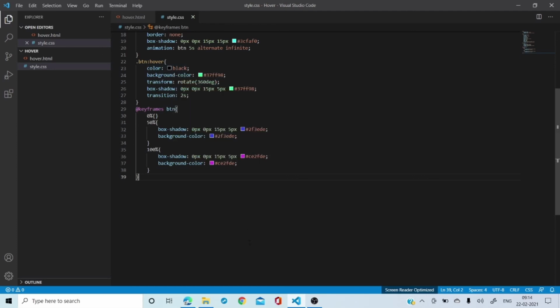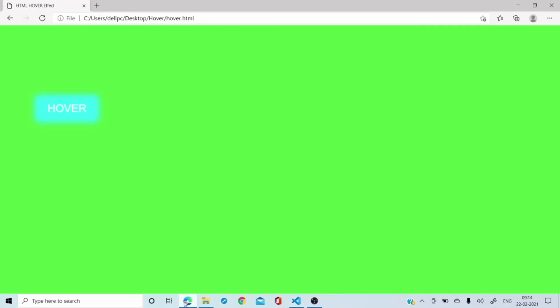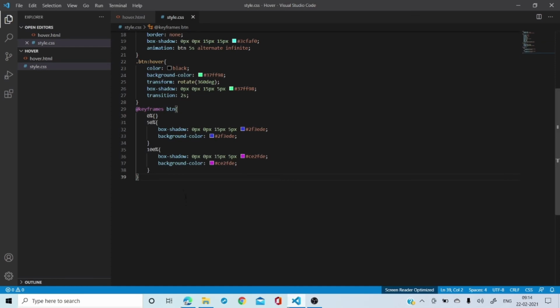Let's see how it works. I'm going to go here and refresh the page. Can you see? It is moving and the color is changing. See? It is moving and the color is changing here. See? That's how.